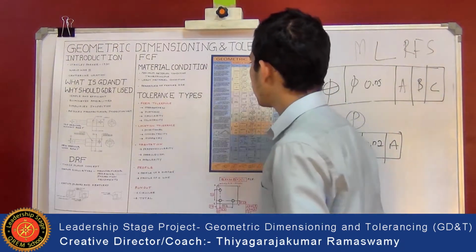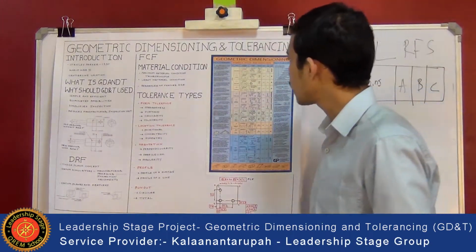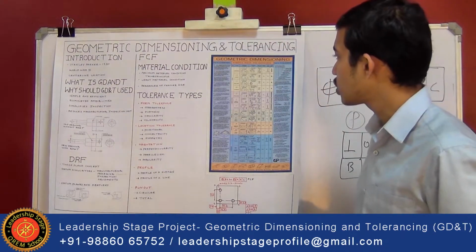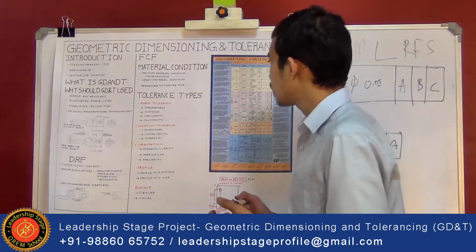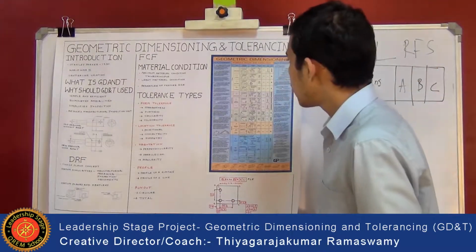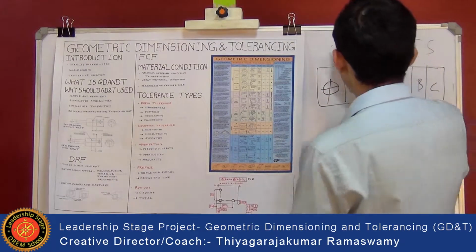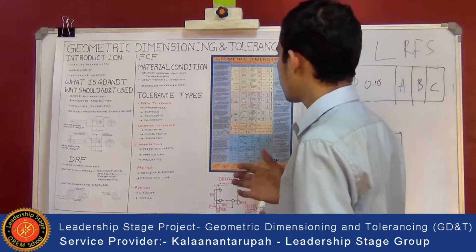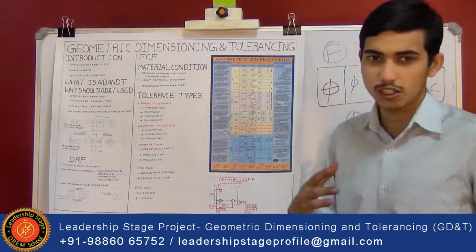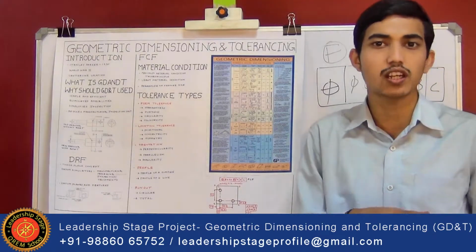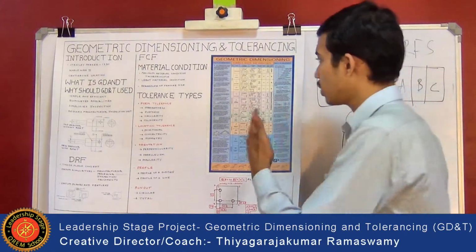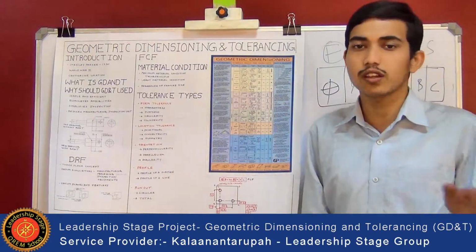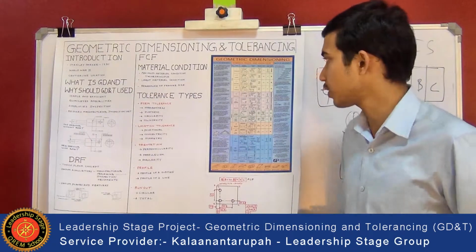Then statistical tolerance. Statistical tolerance is nothing but a tolerance for a part of an assembly based on the result from statistical calculations. The desired result is a larger tolerance. Then free state is represented by F. Free state is a symbol which indicates the part must not be restricted during inspection. That is, the part must not be restricted to a particular tolerance or particular orientation during the inspection. We can inspect a part along 360-degree rotation, or we can inspect all the surfaces of a part.